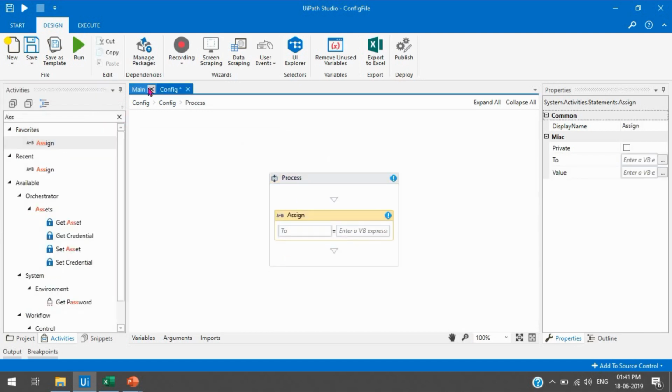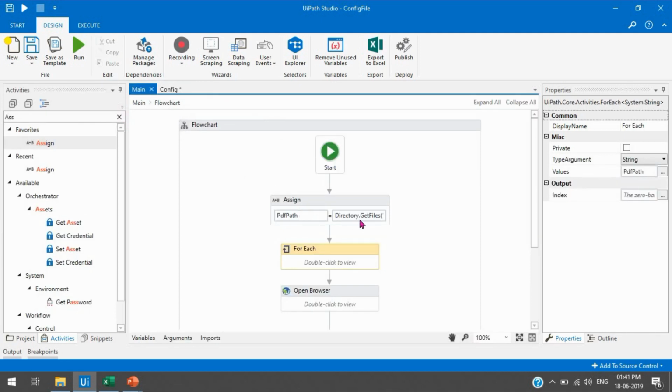Now you can see here we have used Directory.GetFiles, and we have written the hard coded file location, but now we are going to change that.